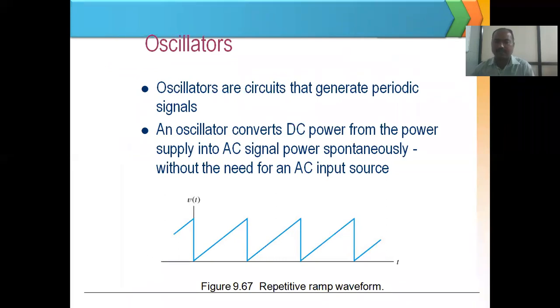Oscillators are circuits that generate periodic signals. We know that a periodic signal means a positive half cycle or negative half cycle, or a signal which changes with respect to time and repeats periodically. This is an example of the oscillator. See, this is the repetitive ramp signal. A ramp is also called a sawtooth signal. Sawtooth indicates that